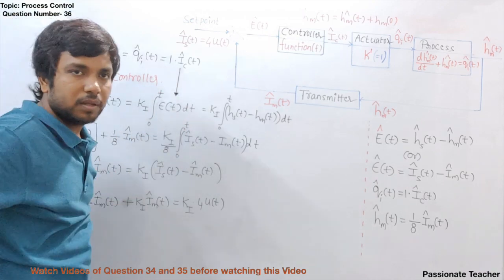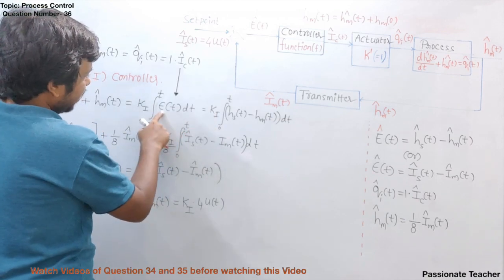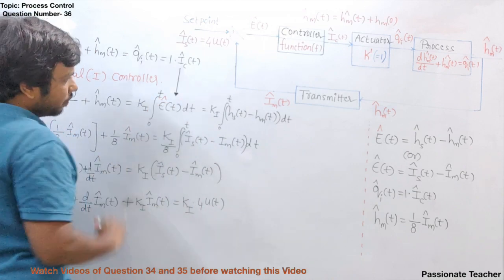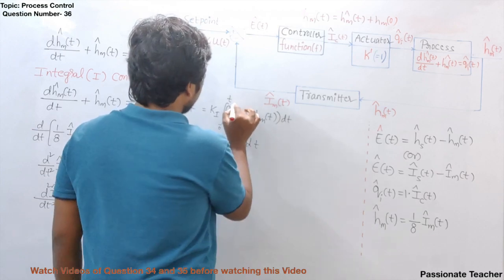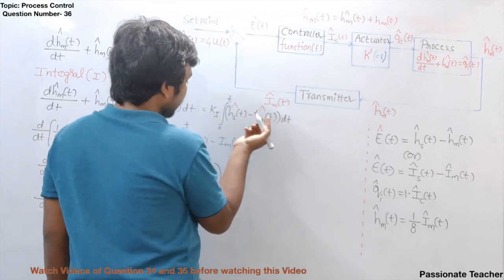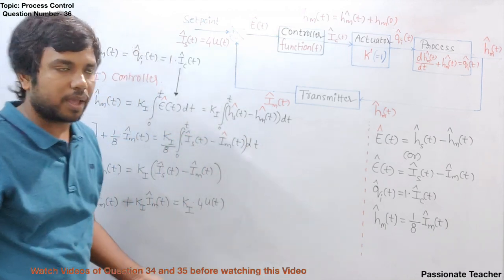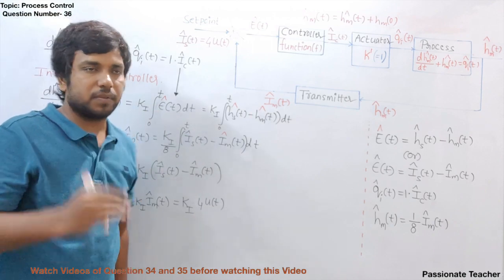Now the interesting fact here is, if you expand this E of t, how can I write it in terms of water level? Actually it can be written as E cap of t. That's a good sign. It's better because, as the offset is the same for both variables here, there won't be any difference whether you use the cap or the non-cap values. But anyway, it's good practice to write the cap. Cap means deviation in the error.